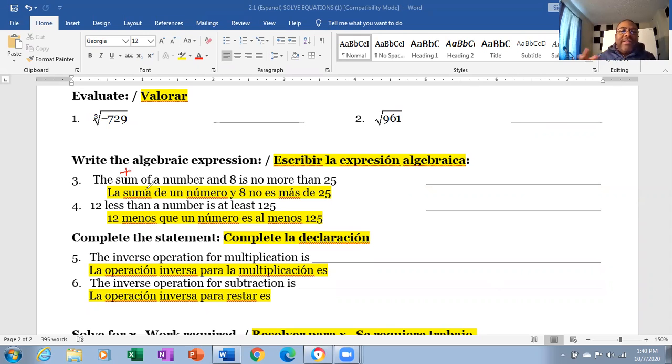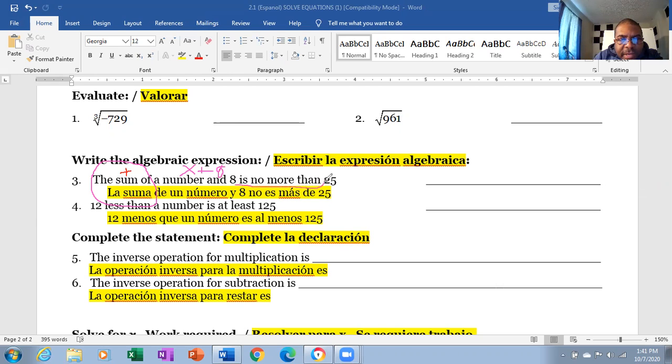So you're going to see sum, S-U-M, in Spanish, Portuguese. What's another Latin language? Spanish, Portuguese, French. Yeah. So it's just related, right? The sum and la suma. Okay. The sum, in other words, plus of a number and 8. So it's going to be x plus 8,